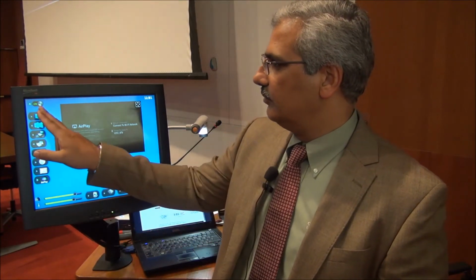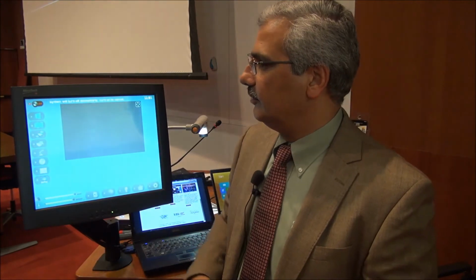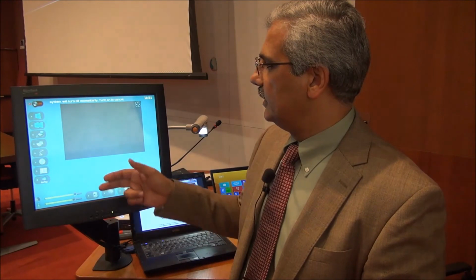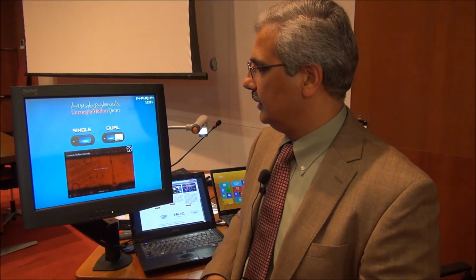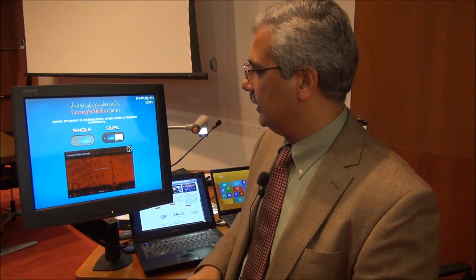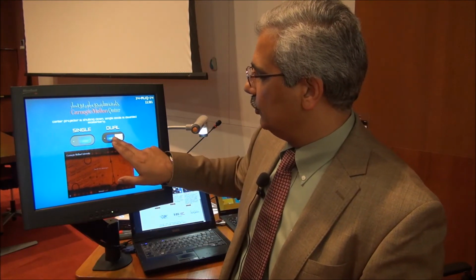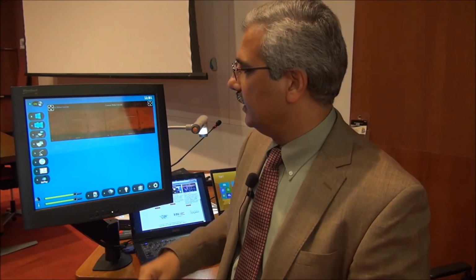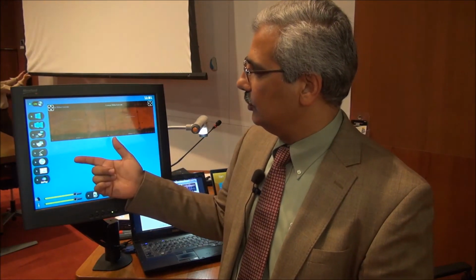Okay, so we've seen the single projector mode of the system. Let's say we want to use two projectors and be able to project two inputs simultaneously. In order to do that, first we need to turn off the system from the single projector mode, and it'll take a moment and go back to the initial page, and we can push the dual button, and this will lower the two side screens, raise the middle screen, and switch the interface to